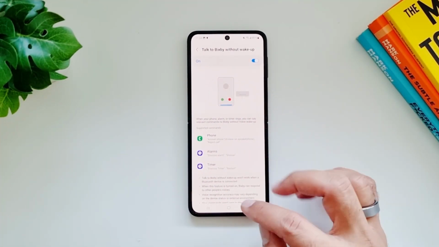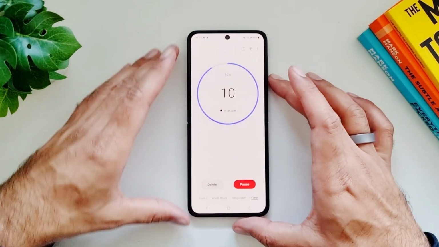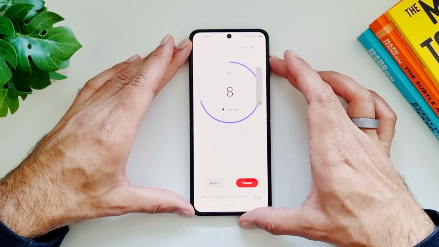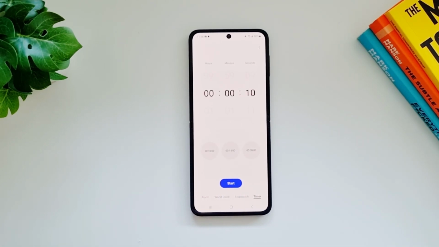So let's give it a try. So if I start the timer and press start, let's reduce the volume. You will see down here that Bixby is activated and it actually tells you what you can say. Dismiss timer. And there you go. So that's how you can use Bixby without waking it up, because Bixby will be listening